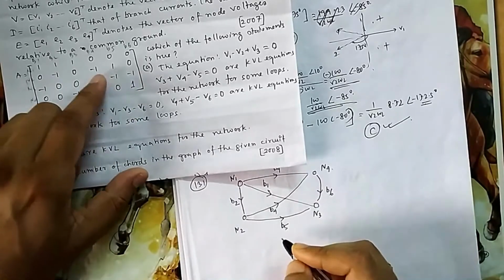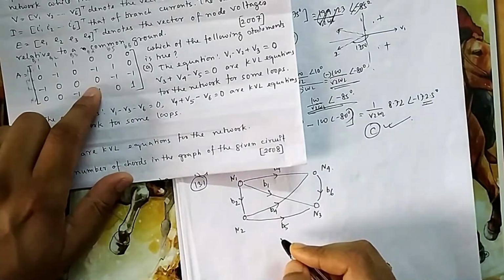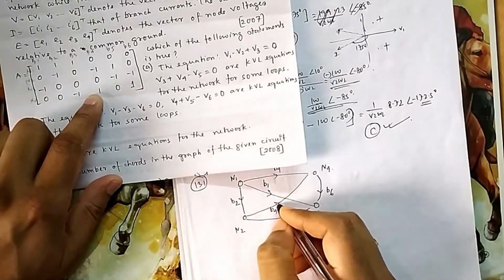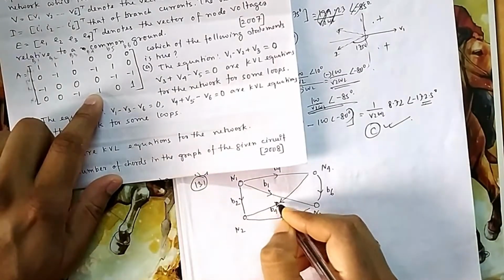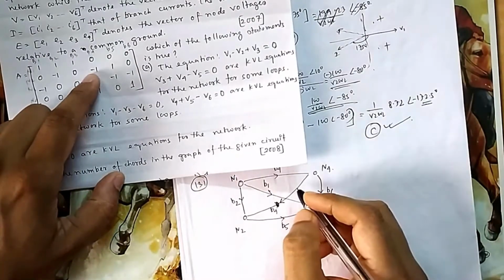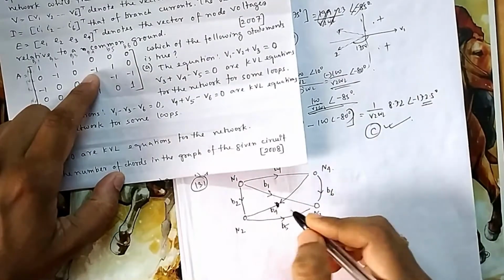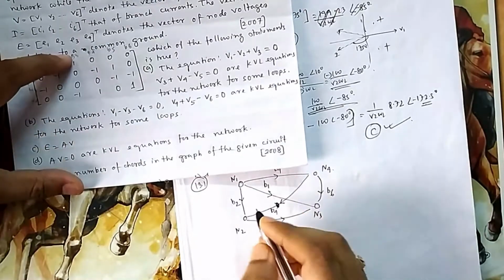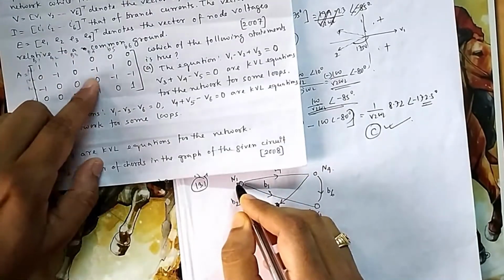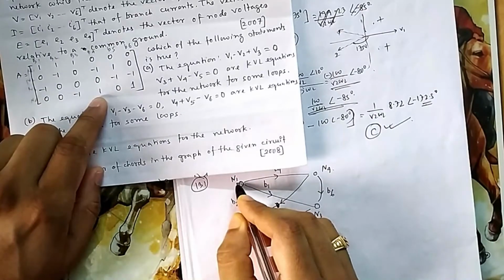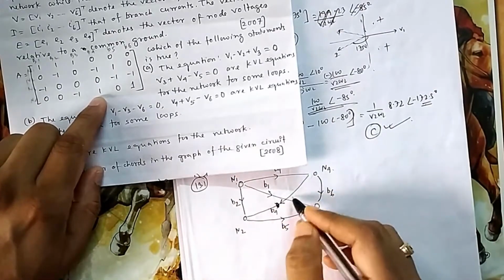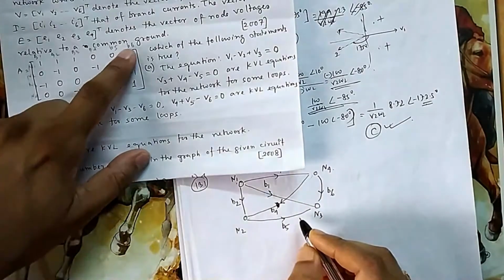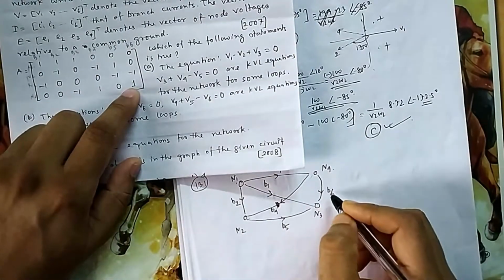So make these corrections: here it was node 2 to node 4, but it should be node 4 to node 2. This was branch 4. This should be the direction, because at node 2 it is minus and at node 4 it is positive. So these are the things. B1, B2, B3 all come out from node 1, B4 comes out of node 4, B5 comes out of node 2, and B6 comes out of node 4.